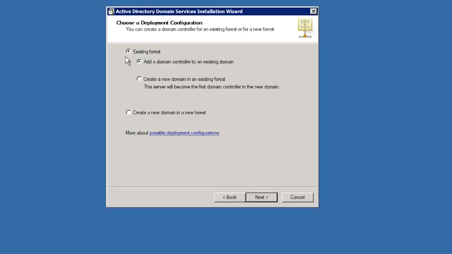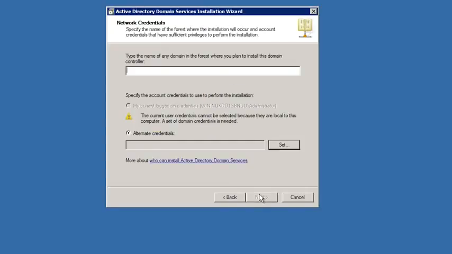If I were adding another domain controller to an existing domain, I could select the next option, Add a domain controller to an existing domain. Since I want to add a new child domain, I will select the next option, Create a new domain in an existing forest. On the next screen, I need to enter in a username and password that has enough access